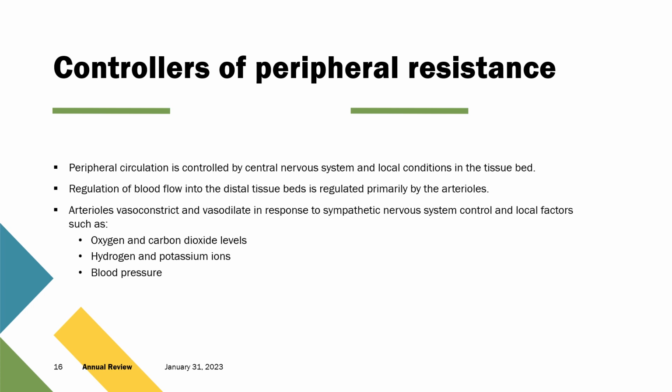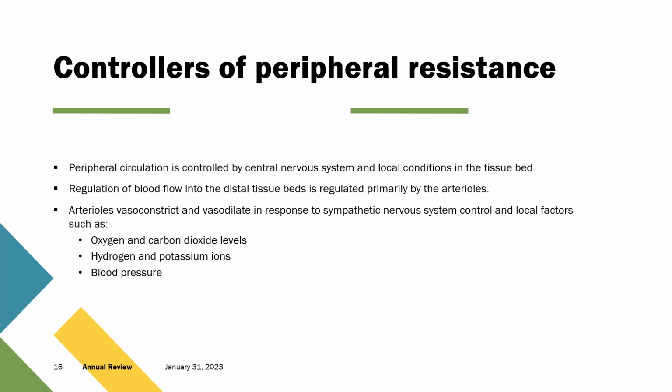So our central nervous system has little monitors out in, and this is very simplified obviously, little monitors out in our tissue beds that are basically taking readings of oxygen levels, carbon dioxide levels, things like that. And it is going to trigger the arterioles to constrict or expand to work with the needs of